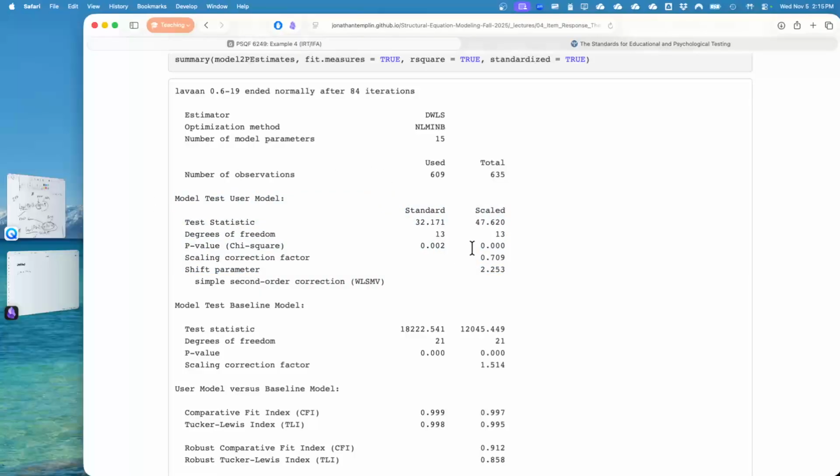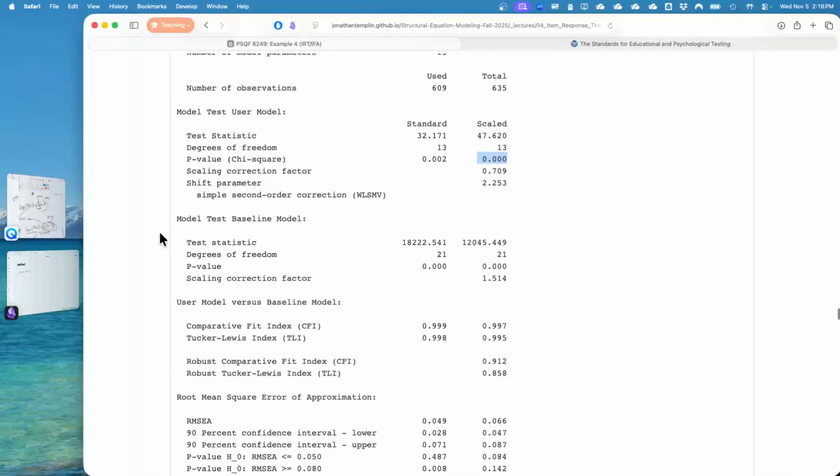But again, the way we'd interpret this is as an overall model test of the alternative model, which is the model where all correlations are estimated simultaneously by themselves, versus yours, which is your model's implied version of the correlation matrix. This number here tells you whether or not your model fits the same as the saturated model. It does not, but that's normal. Then we get to the model test baseline model.